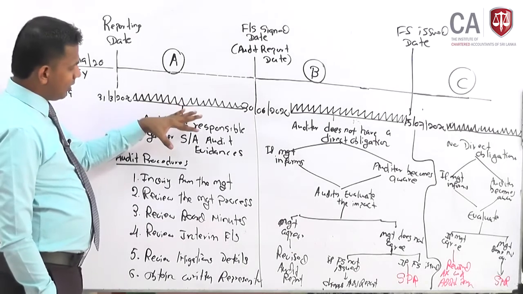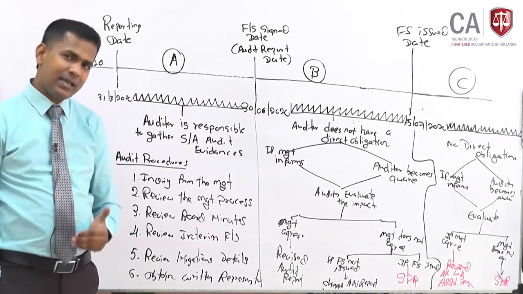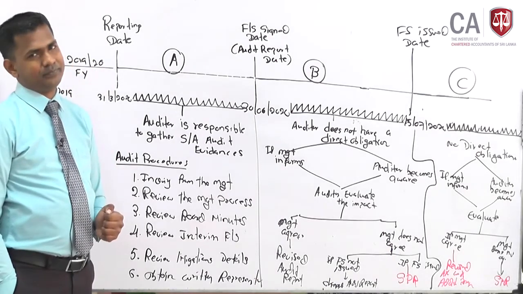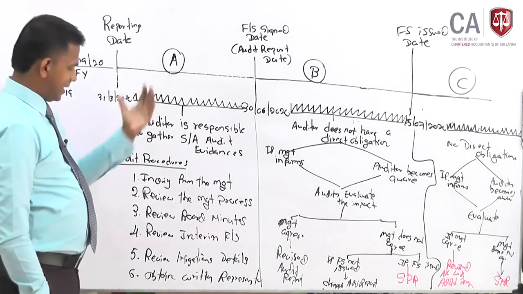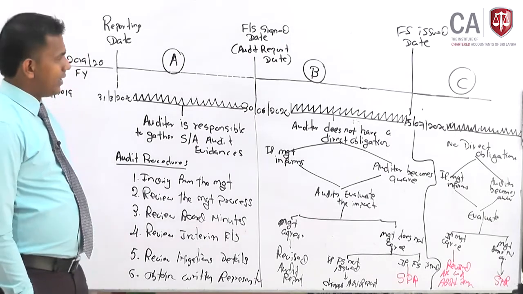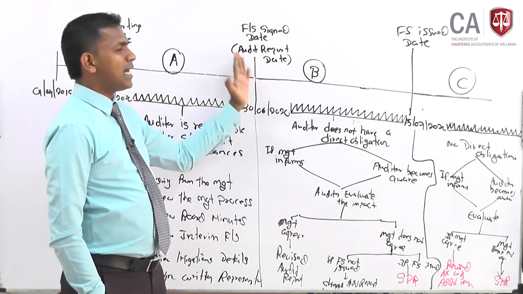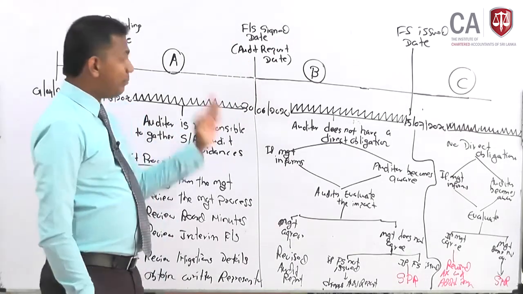By doing so, there are 6 audit procedures generally given in standard number 560 that the auditor should do. Right? That's clear. That 6, I told you, so you should remember those 6 audit procedures. Then, if there is an incident happening after the financial statements are signed off by the auditors, but before the financial statements are issued to the public,